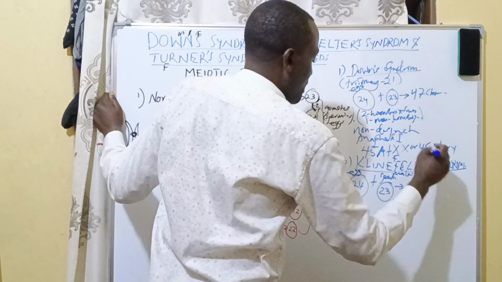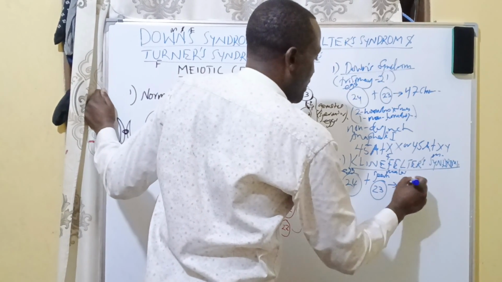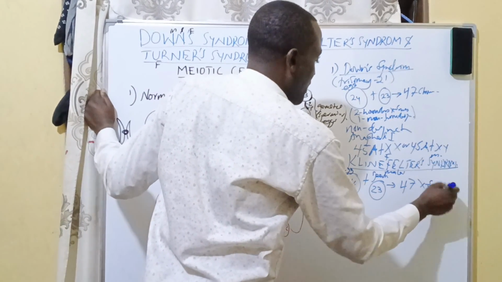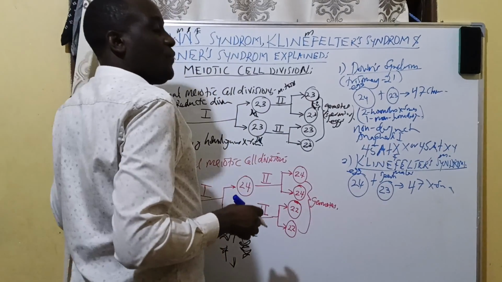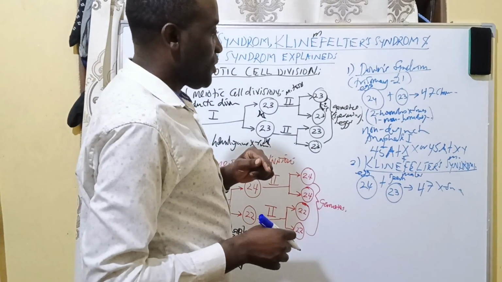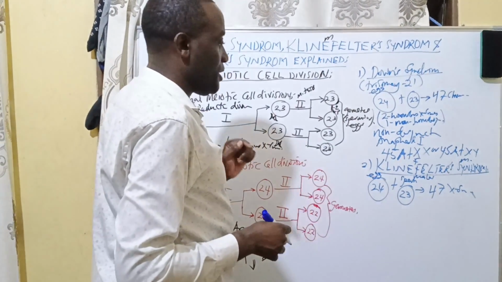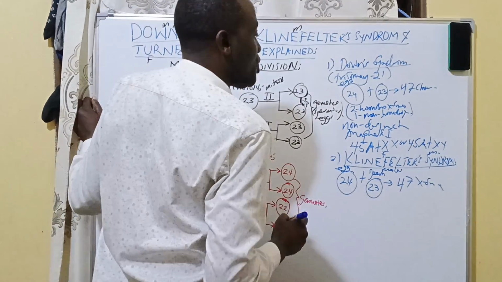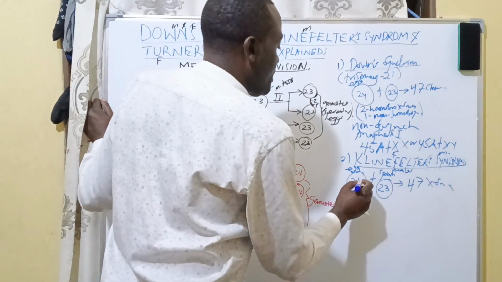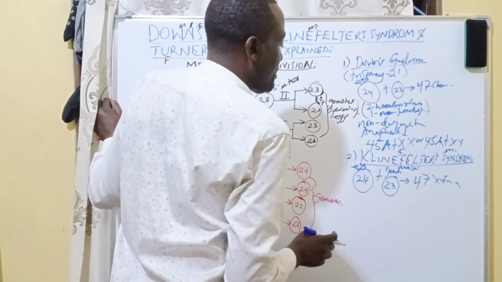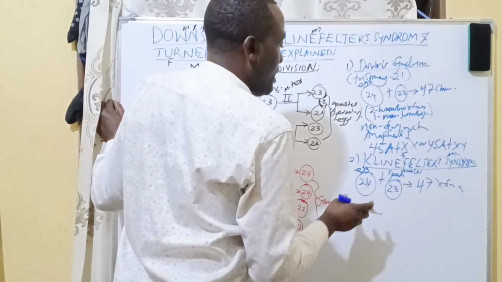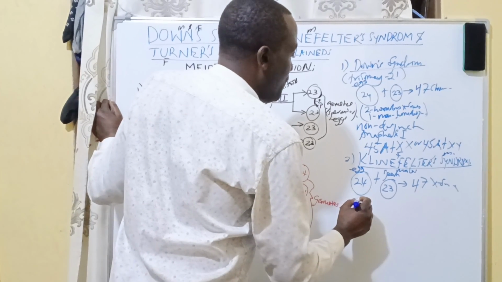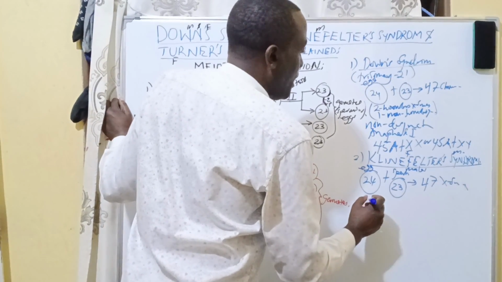What results is 47 chromosomes. That's very important. However, for Klinefelter's syndrome, I repeat, it occurs in sex chromosomes, meaning this egg cell is going to have